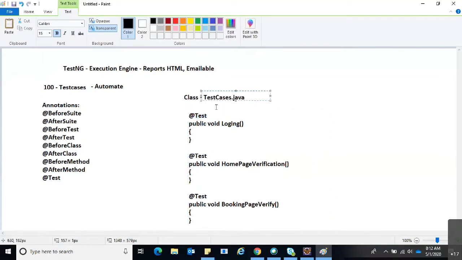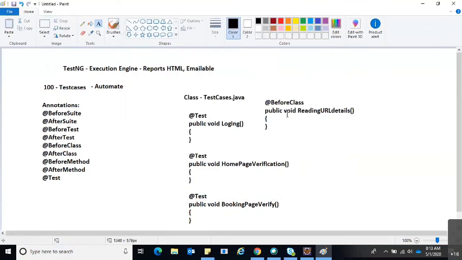Whenever it comes to the TestCases.java file, before executing this particular class file, if we mention something in @BeforeClass in the same class, say public void reading URL details, then before executing this TestCases.java file it will go to this annotation and execute it.